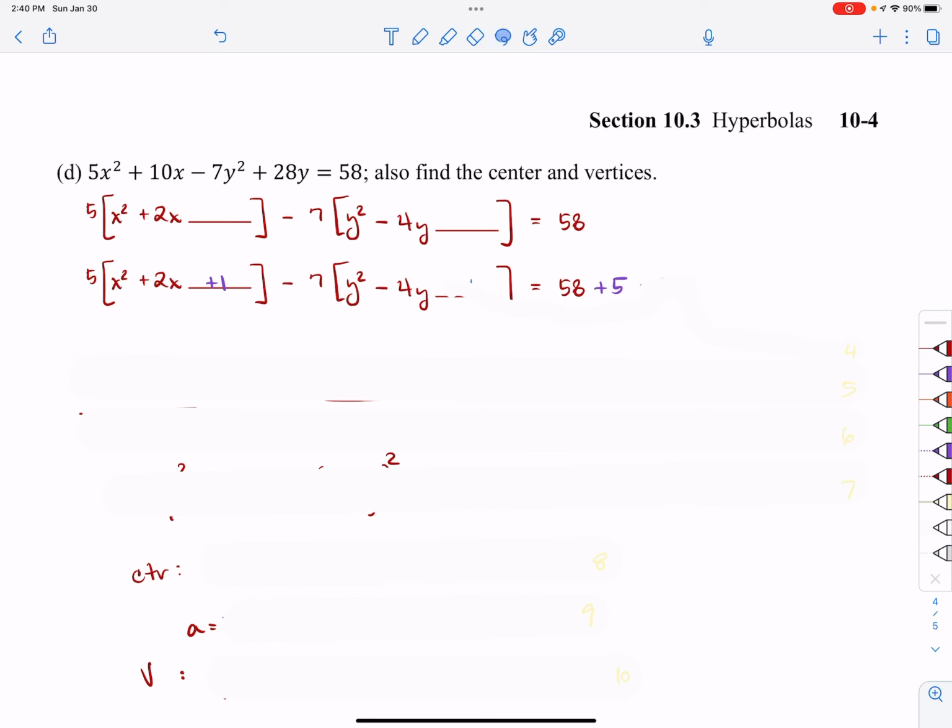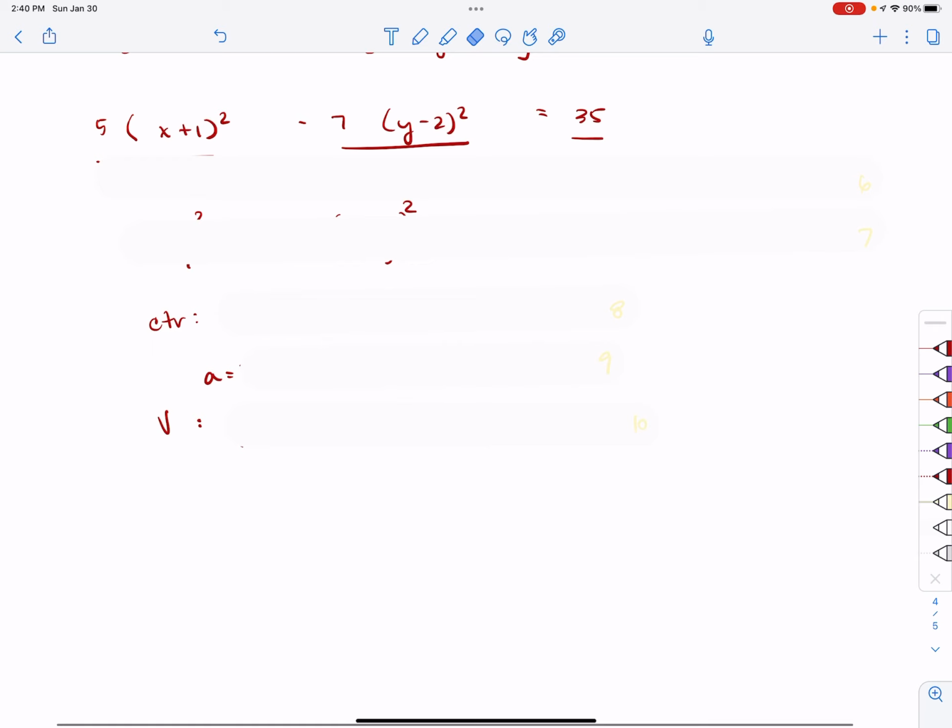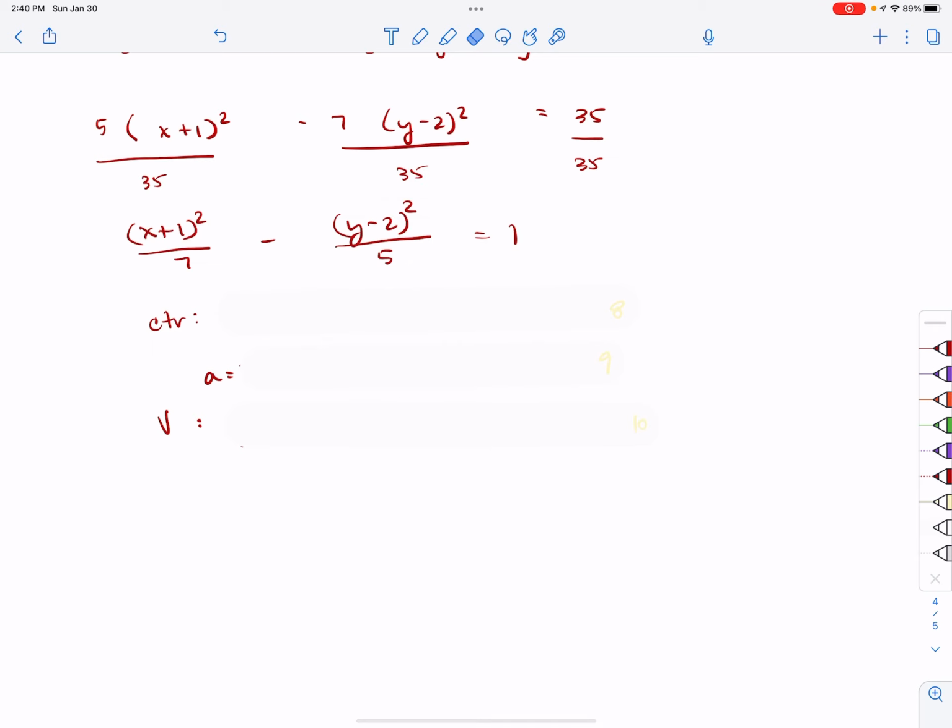For the second piece, half of b is going to be -2. Squared is 4, so I'm going to be adding 4 in the blank, but technically this is a 4 times a -7, so I'm actually subtracting 28 on both sides. Let's go ahead and combine like terms and factor. Combine on the right and factor on the left. So with factoring, that'll be 5 times the quantity (x plus 1) squared minus 7 quantity (y minus 2) squared is equal to 35. Let's go ahead and divide all of the pieces by 35. Reduce the fractions. So now I am able to get the center, which is going to occur at (-1, 2),